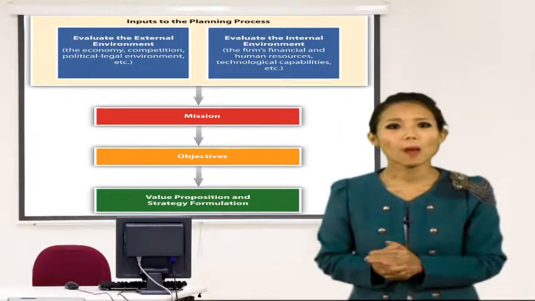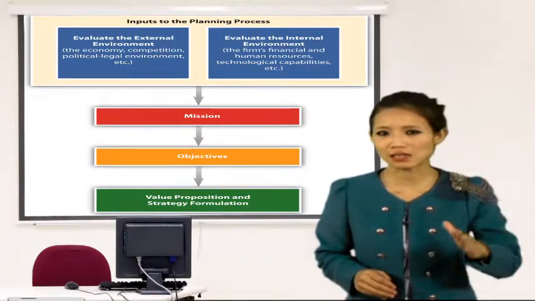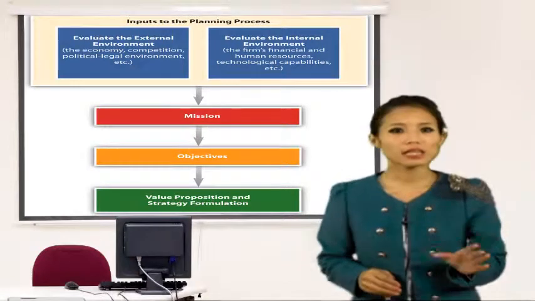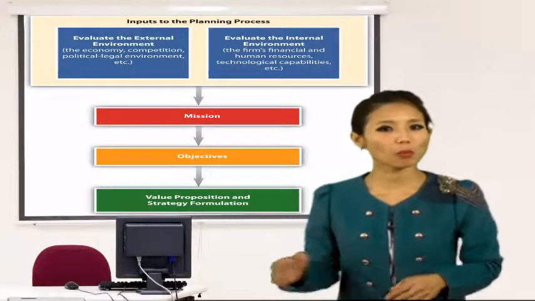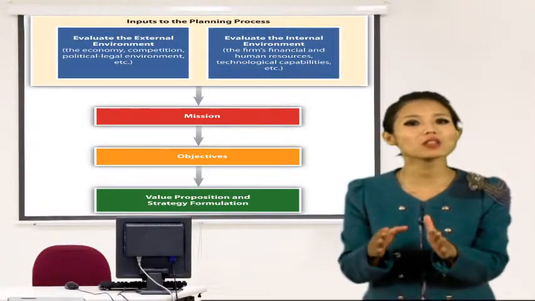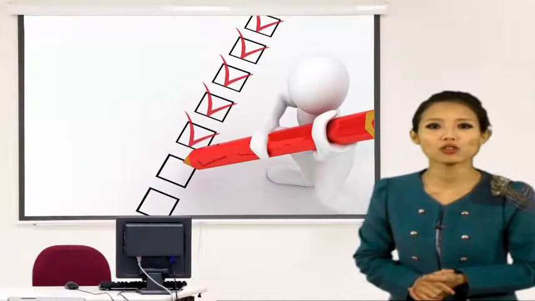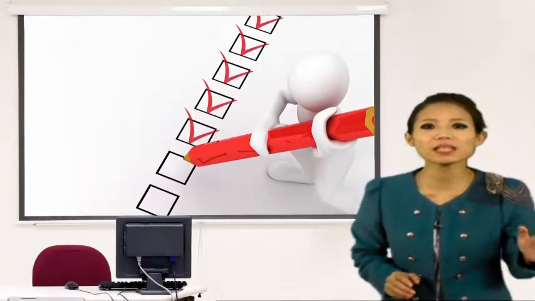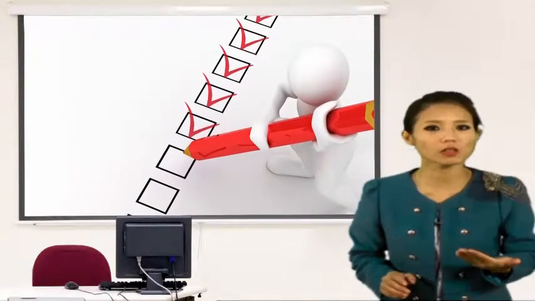Mission statement. Mission statement is the statement of the role by which an organization intends to serve its stakeholders. It describes why an organization is operating and thus provides a framework within which strategies are formulated. Features of a mission. Mission must be feasible and attainable. It should be possible to achieve it.